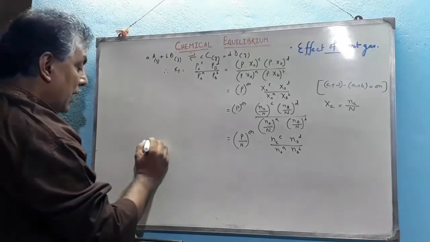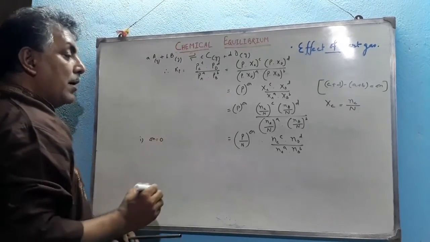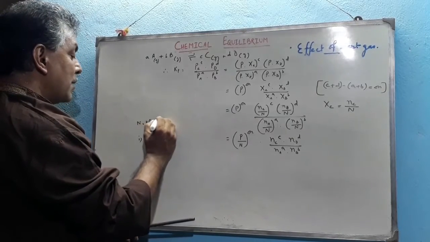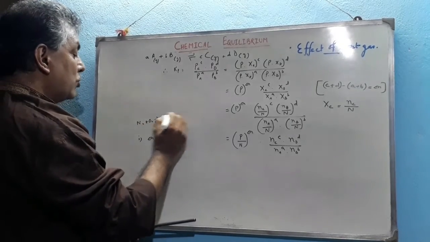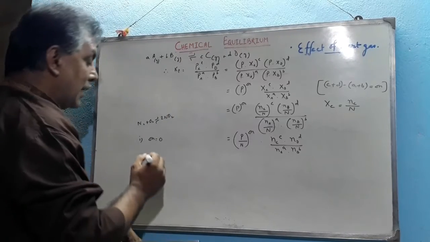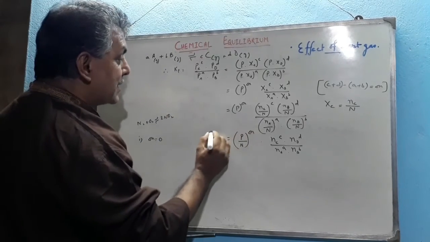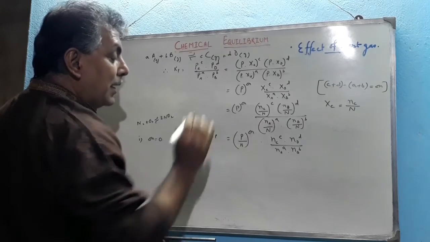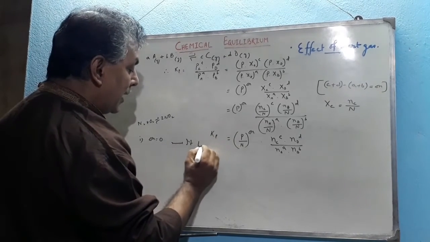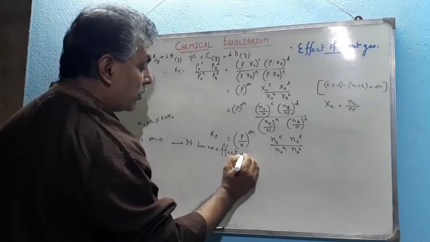Now see this, if del N equal to 0, first case, like such type of reaction, N2 plus O2 reversible to NO, or H2 plus I2 reversible to HI, all these are in gaseous state. Therefore del N equal to 0. If del N is 0, P by N term vanishes. Therefore it has no effect on the equilibrium.